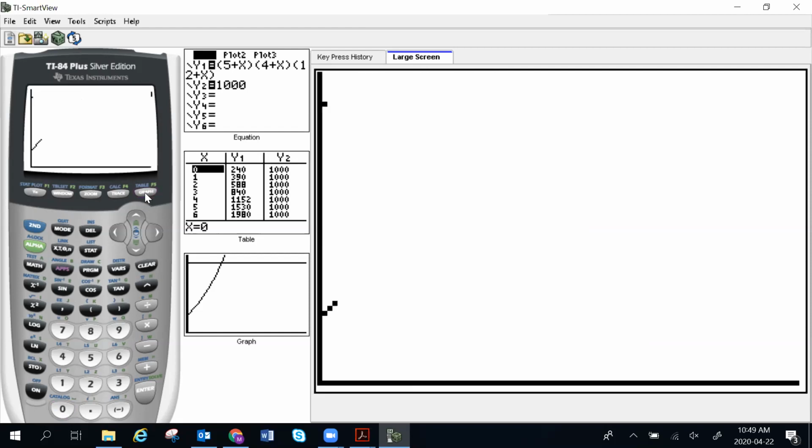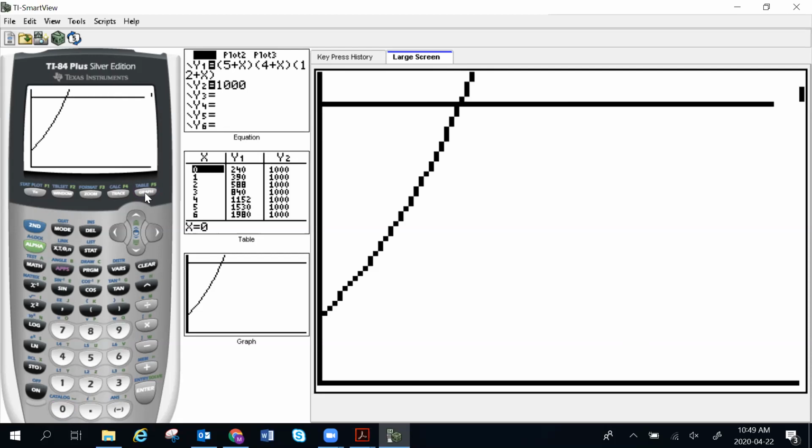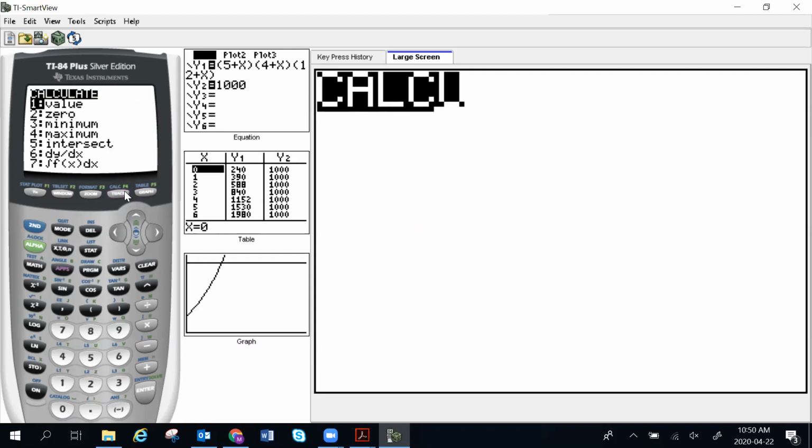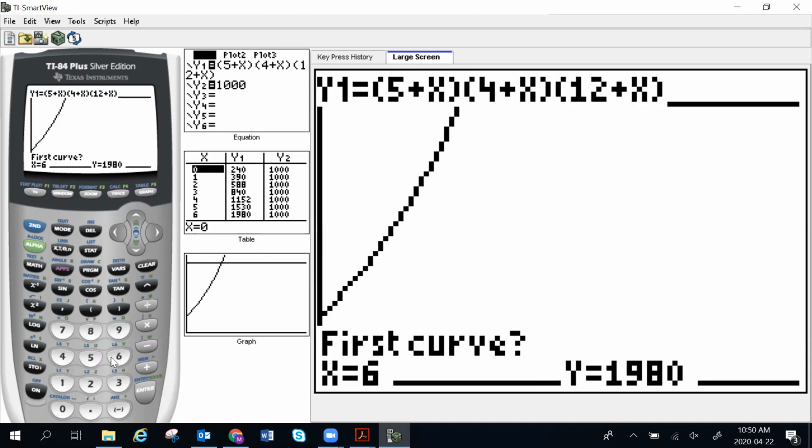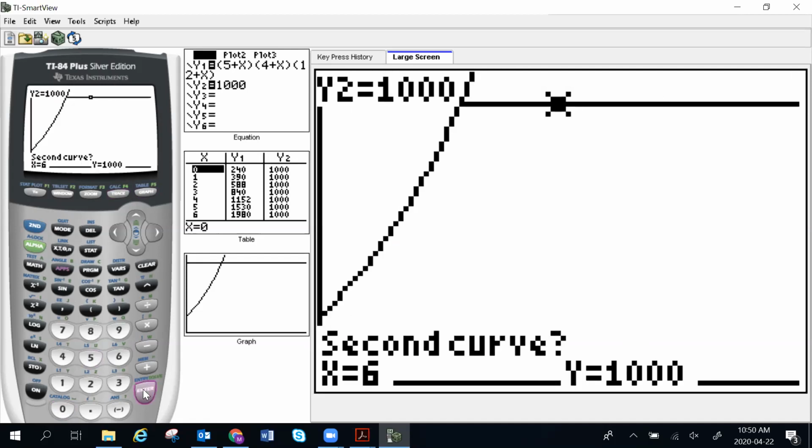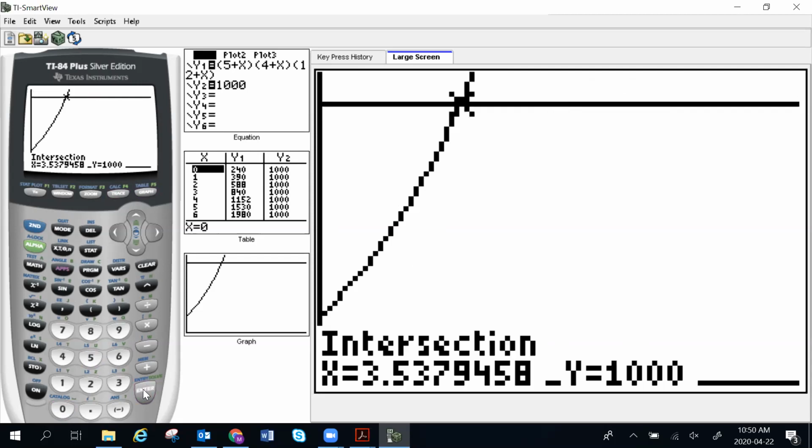Now when I go and hit graph, what do I see? I see where the two things intersect. Second, calc, intersect. First curve, second curve, guess. And there it is. Look at that at the bottom of the screen there. You can see x is going to be approximately 3.5. Y is that volume of 1,000. Okay, so